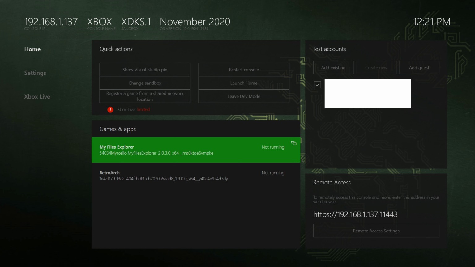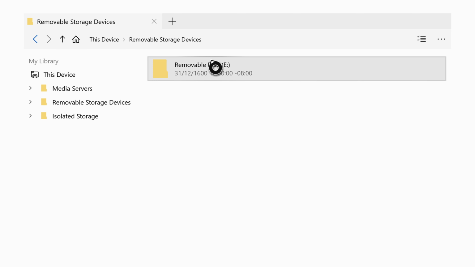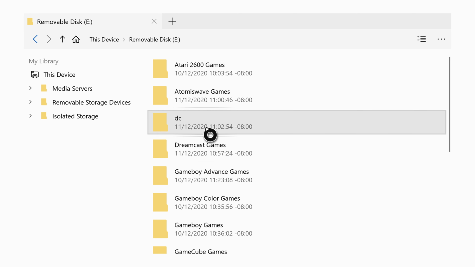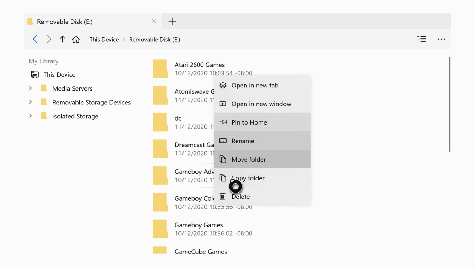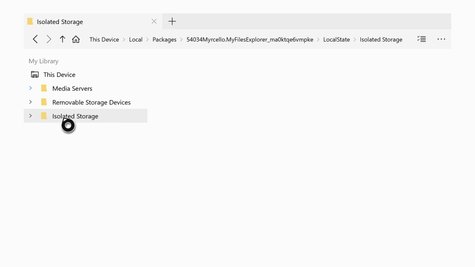But once your USB drive is detected and in place, we are going to launch into the My Files Explorer app, and place our DC folder within our Retroarch system folder. So launch My Files Explorer, navigate to Removable Storage Devices, Removable Disk E, and find your DC folder that you put in here on your computer. Press Start, copy folder,